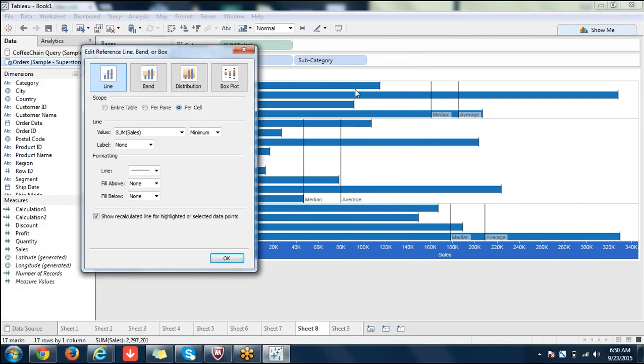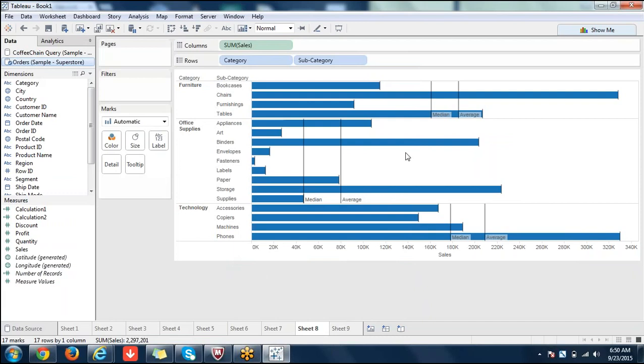If it is parcel, for each data point it is the minimum and it is the maximum. That means that line will remain the same like this. You're seeing every line, every cell there is a line. So every bar there is a line, because that is the minimum for it and that is the maximum for it. Only one bar. We are not comparing with the overall pane, or with the overall table.